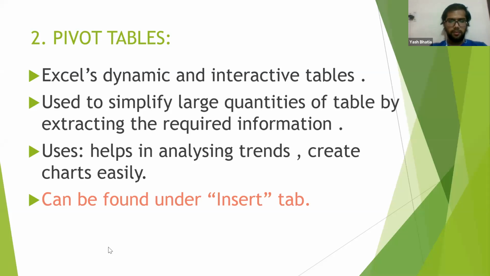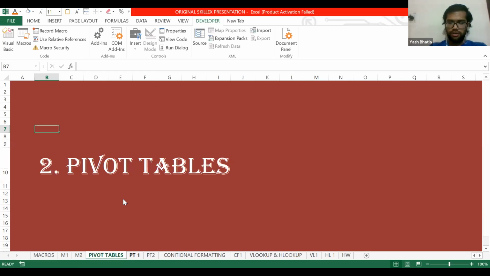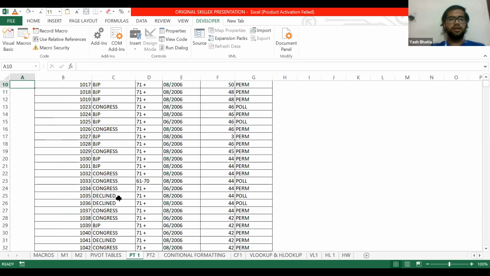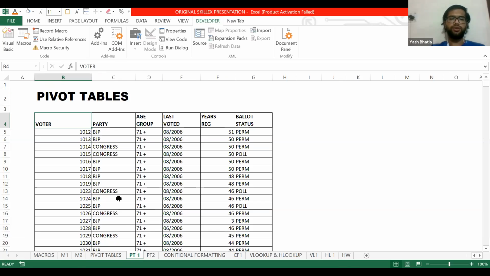Another tab, we have pivot tables. You can see here, it is a statement showing votes in the election for the various parties. There are five parties: BJP, Congress, NLO, and Denied.